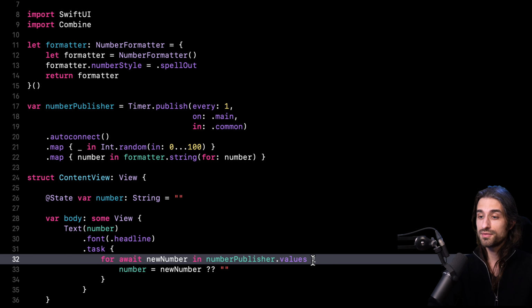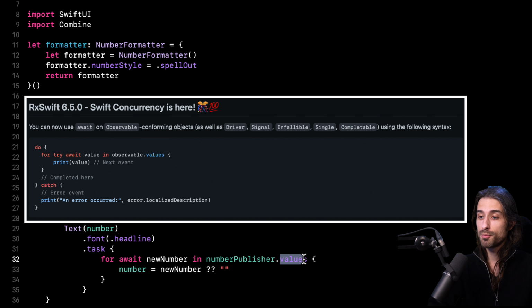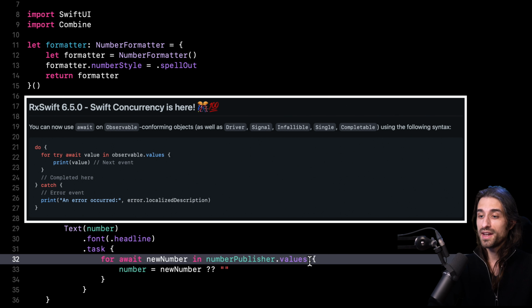And finally, before we end, one last piece of information. In this video, I've been using the example of a project that uses Combine, but it's very possible that you made the choice to use RxSwift in your project. If that's the case, you will be happy to know that in the latest release of RxSwift, there is actually a very similar property that allows you to use an RxSwift observable with Async Await. And once again, the link to this release is also in the description.